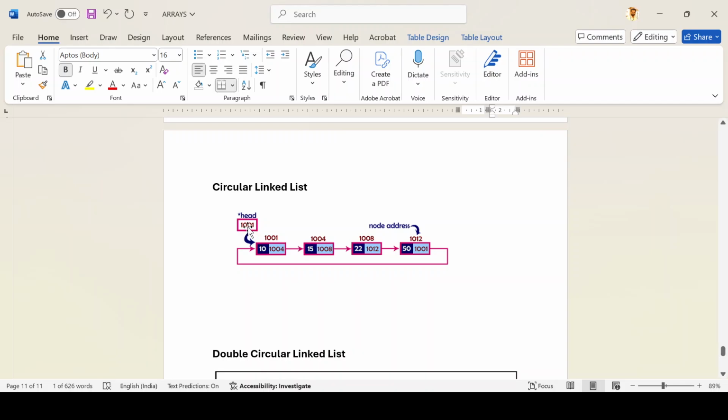The head pointer is 1001. The first node address 1001. So here we can see 10 is the data and 1004 is the next node address. And then in 1004, 15 is the data, and then 1008 is the next node address. In 1008 node, 22 is the data, 1012 is next node address, and then in 1012, 50 is the data, and